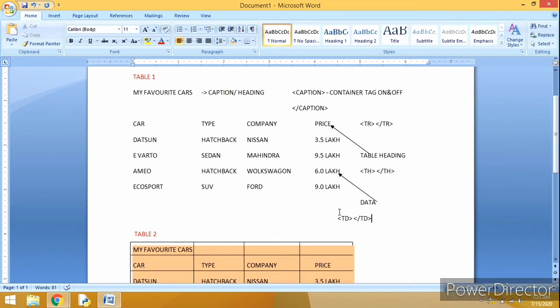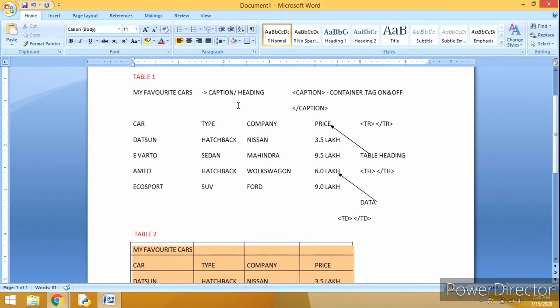Sir, this tag one I couldn't understand. Yes, why do we require the tag? To generate a web page where we need to have a table, we have to write the code in Notepad. These tags are the commands which will be applied in our HTML file. Without the command you can't generate the table.